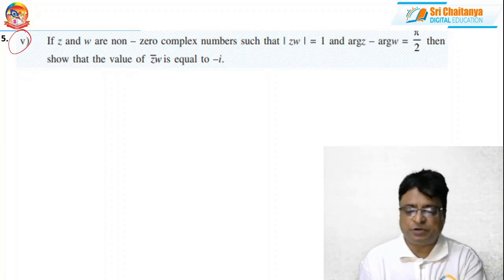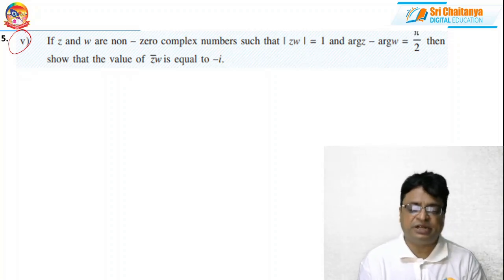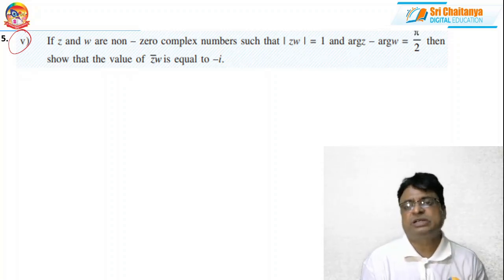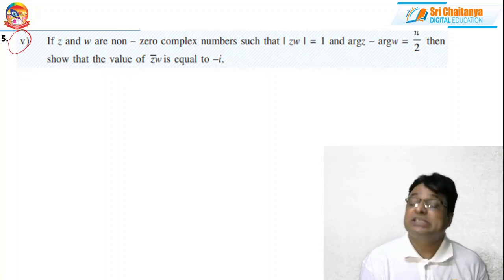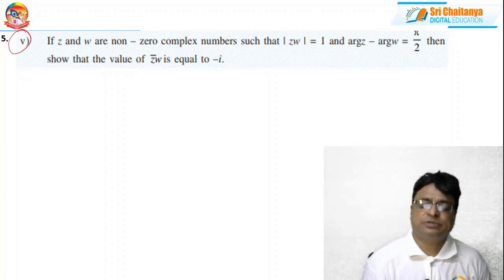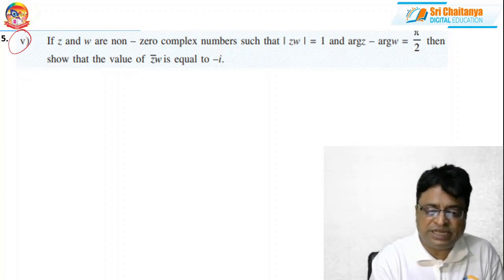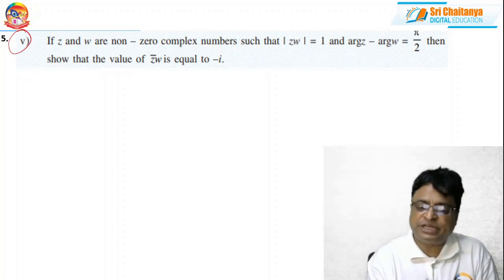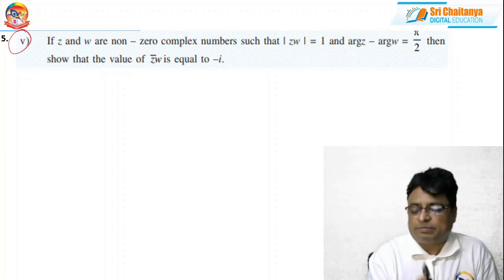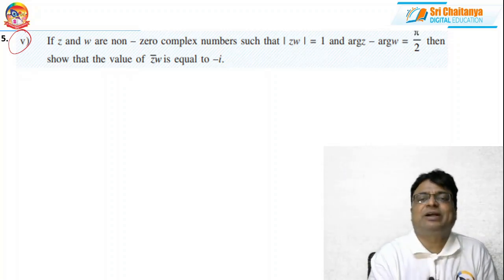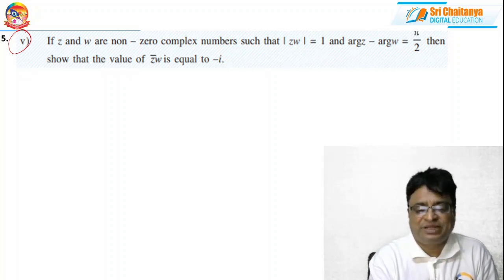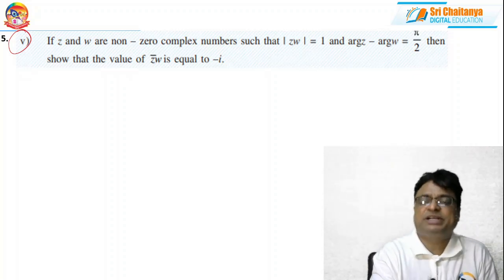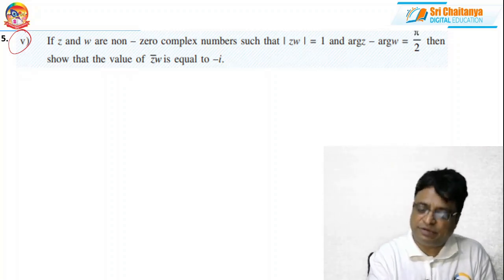Maybe they may change the notations. Instead of Z and W, they may give Z1 and Z2, something like that. We may expect this question in a mains examination also. So read the question properly. My suggestion would be, don't get confused that it is W, and don't consider that as a complex cube root of unity. If it is there, definitely they should mention. Whenever omega is given for you, they should mention.